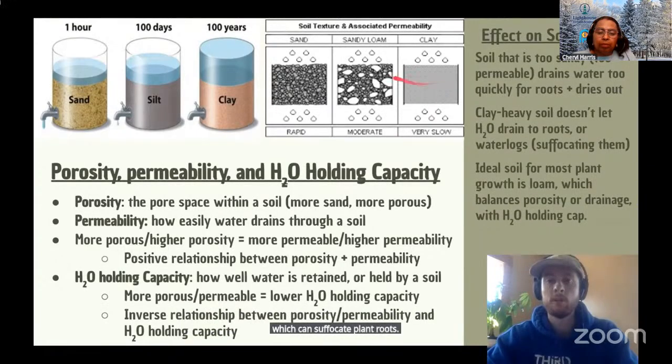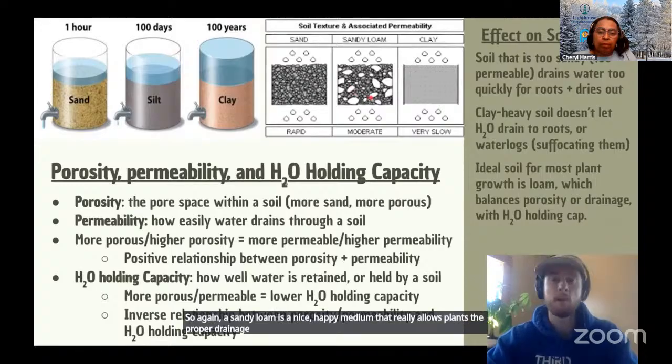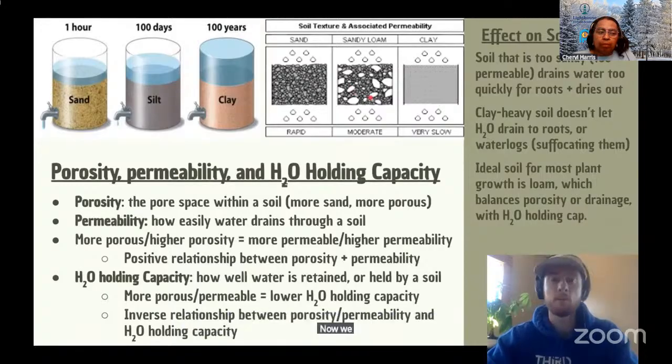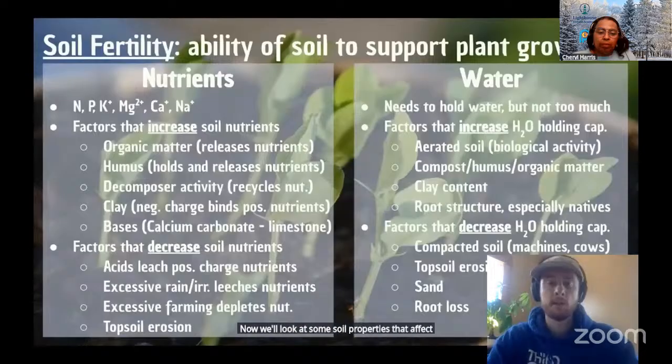And if we have a sand-dominated soil, the drainage is too rapid, so the porosity is too high and the holding capacity is too low. So again, a sandy loam is a nice, happy medium that really allows plants the proper drainage, but also the proper access to water. Now we'll look at some soil properties that affect soil fertility or the ability of soil